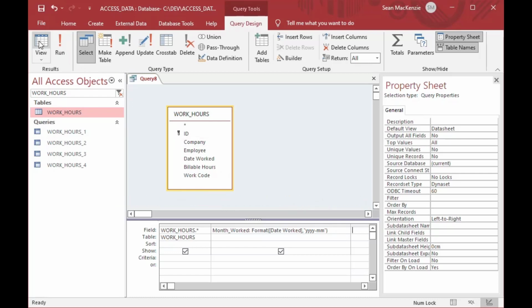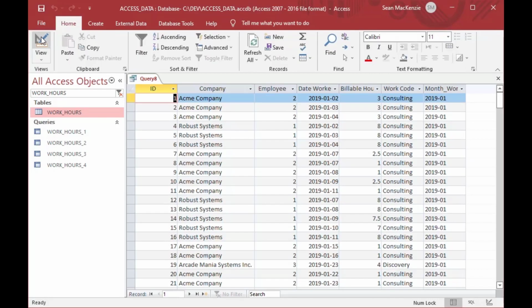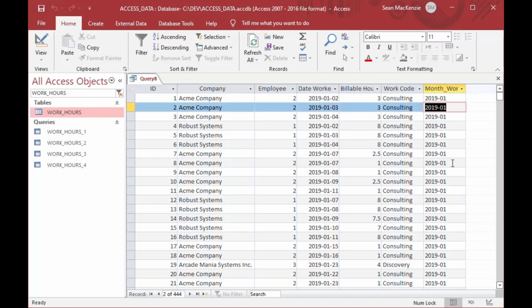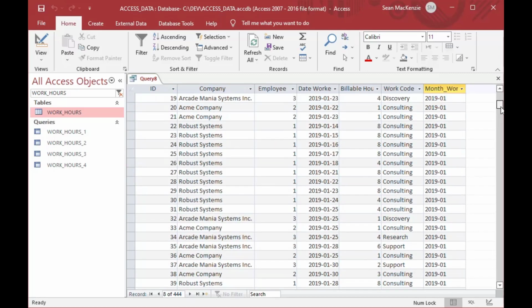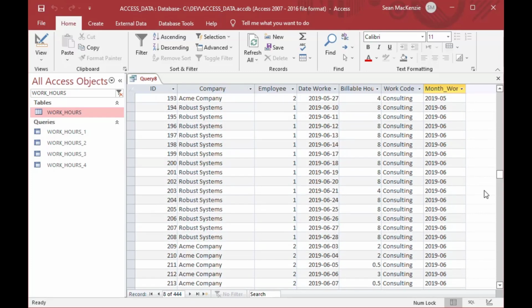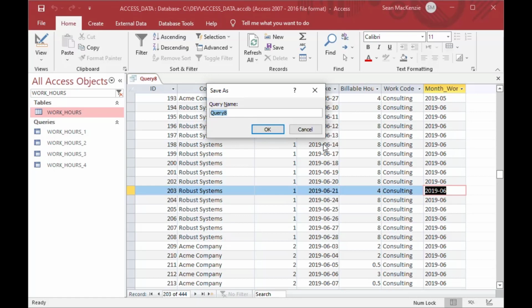If I go to the datasheet view, you can see now we've got all the same fields that we had before, but we've got a new field on the end here with just the year and the month, and that is exactly what we want to see. That's going to give us that nice date format for the year and the month that's easy to use in our querying. And so I'll save this query as work hours month,